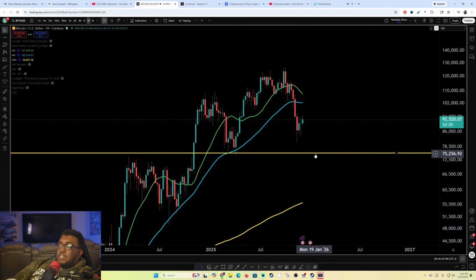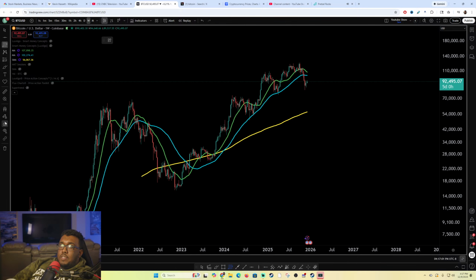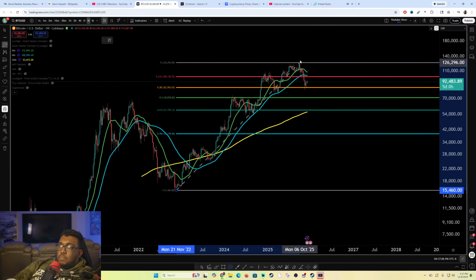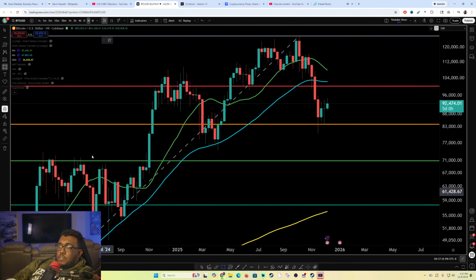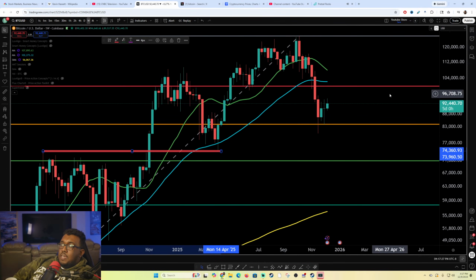Maybe our next horrible leg takes us down to $75,000. Now, I know we have Fibonacci levels and things like that. Maybe I can do that right there. And then you kind of hit that little level right between these two. Don't even really need to focus that much. You can see the high point right there to there. It was actually a pretty similar point, right around 74,000, 73,960-ish.